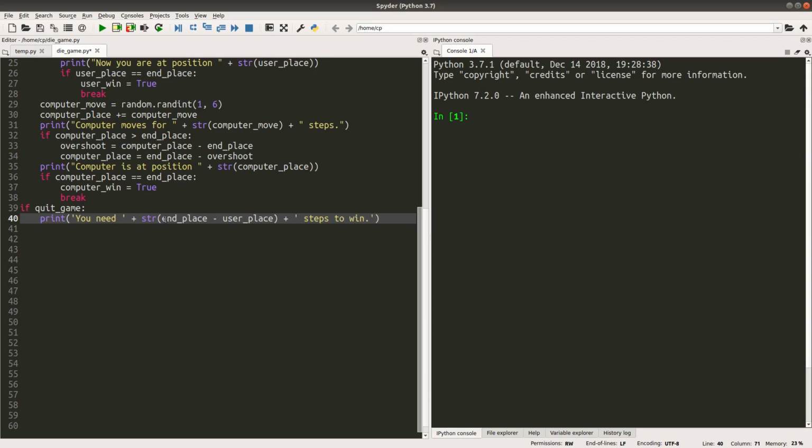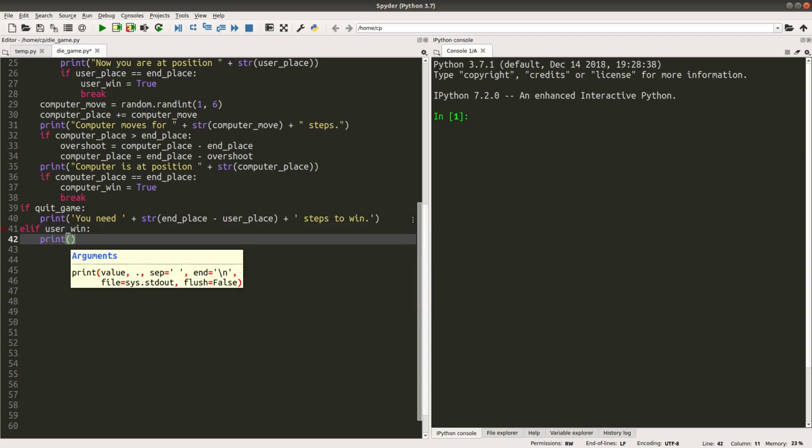The remaining steps will be equal to the end place minus the current user place. If the user has won the game, I will print a congratulations statement.